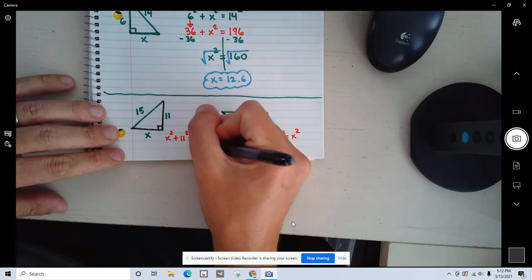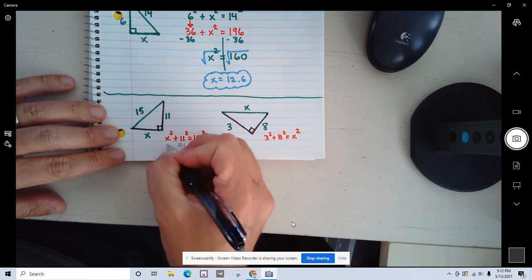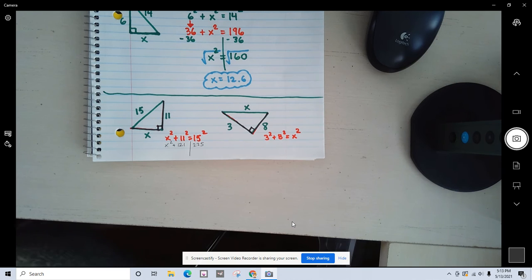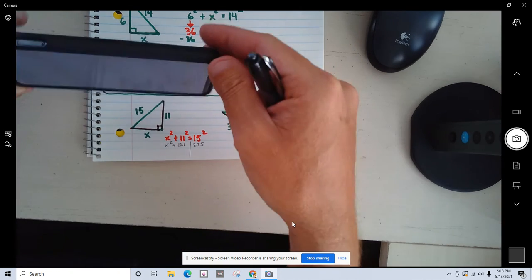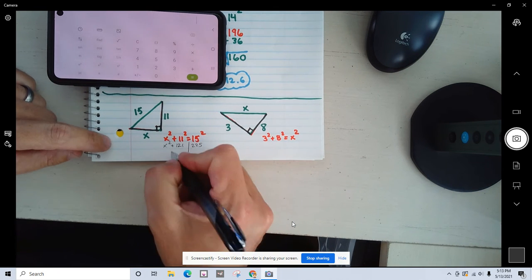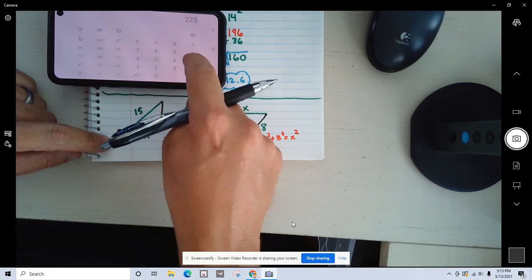If I was to do it, I get 121 and 225 and x squared. All right, first keep going. Then I would get my calculator out, which you would use the computer one during the testing. But again, my camera's having issues this week. So we're just going to lay low and just keep doing it this way. We're going to move over the 121, 225 minus 121,